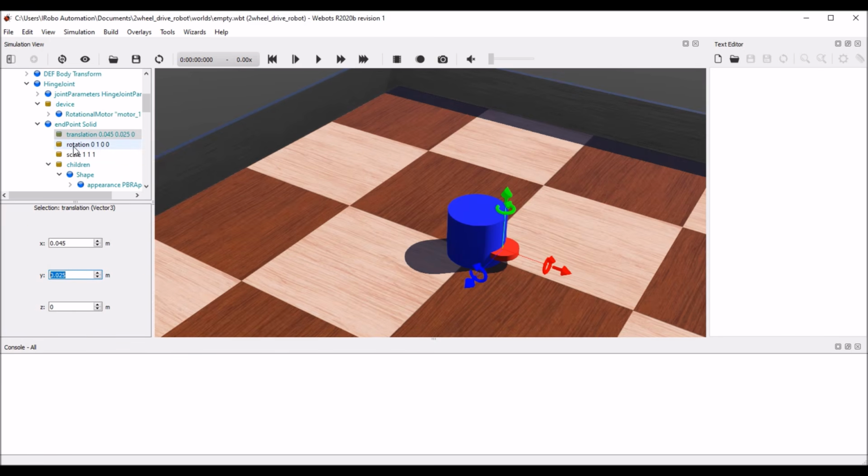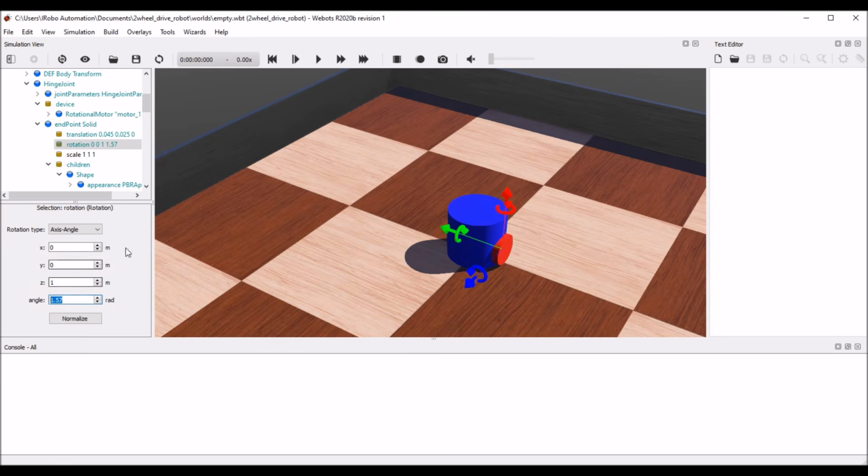Why? Because go to rotation and make it Y 0, and Z direction and make it by 90 degree, 1.57. See here, it is rotated. Why I lifted 0.025 means because half of the portion will be below the floor, so that is why I raised by same radius. Okay, so this is one wheel, so it is saved as a